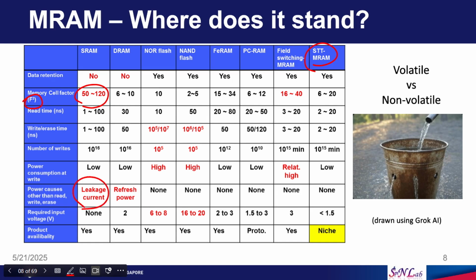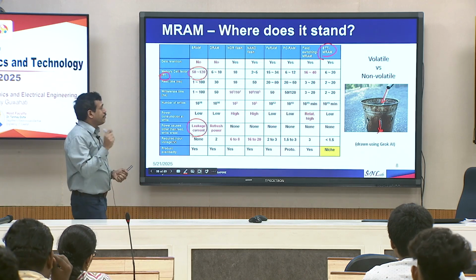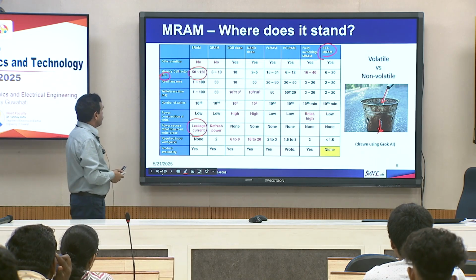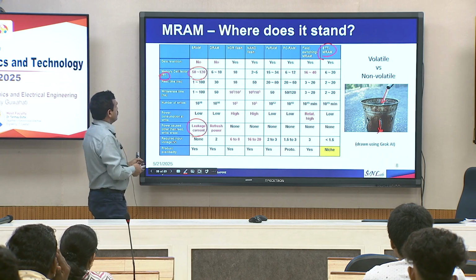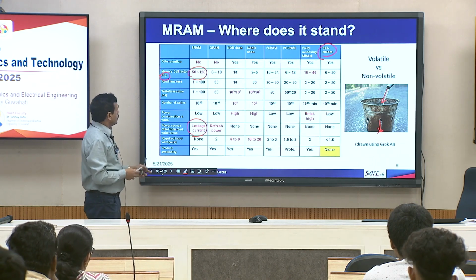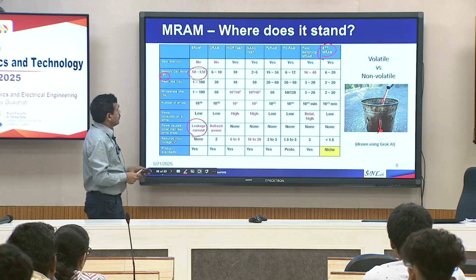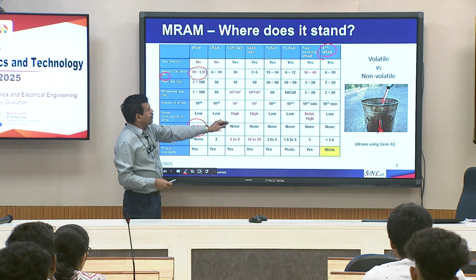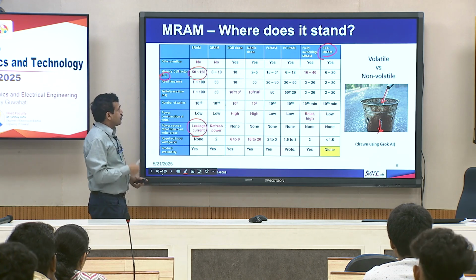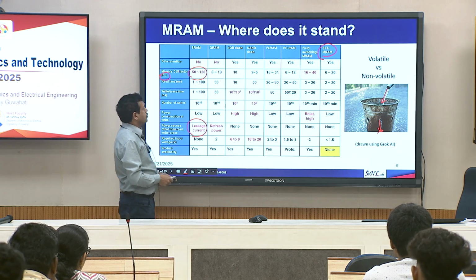For example, SRAM is like a bucket where you keep adding water and water also leaks. Okay. So, if you want to store information in SRAM, you have to keep supplying energy. So, the energy required to keep the information in SRAM is quite high. And okay. So, every memory technology has some advantage or disadvantage. So, in that sense